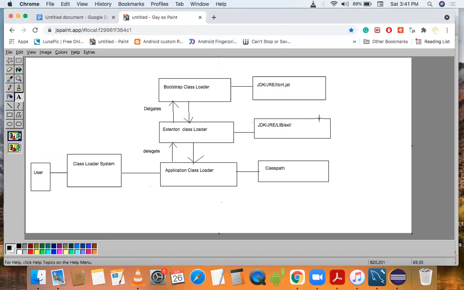If the class is available here, it will execute. Otherwise, it will move forward to the application class loader. Finally, the application class loader will search for the class in the classpath. So this is the basic execution of any class loader. Now we have seen how the class loader subsystem works.